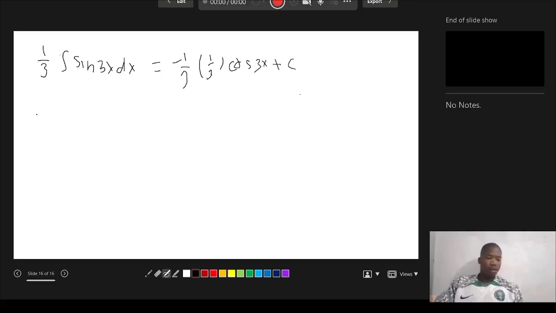Then we go back to the original equation, which is x multiplied by cos